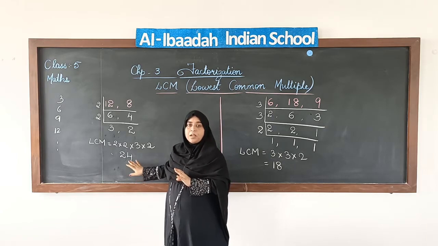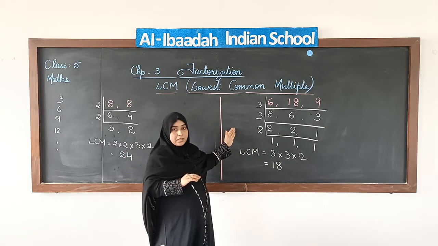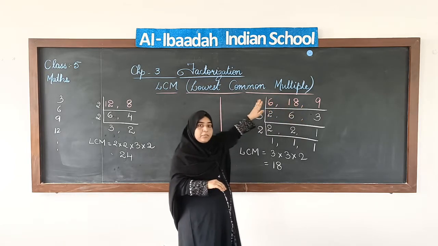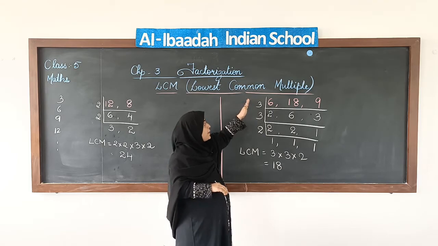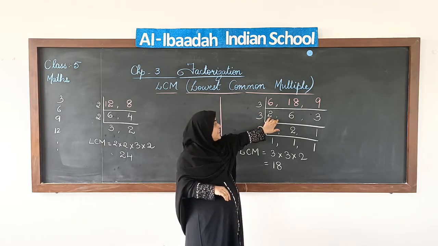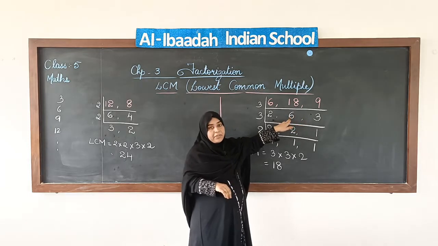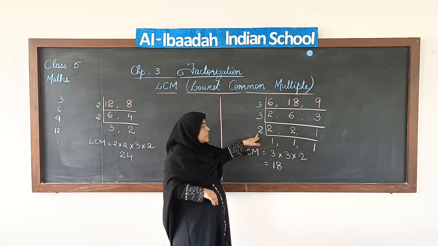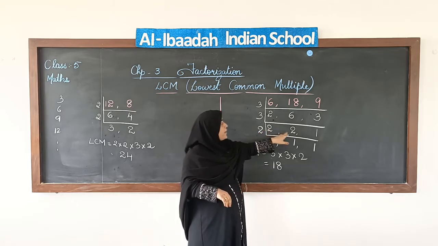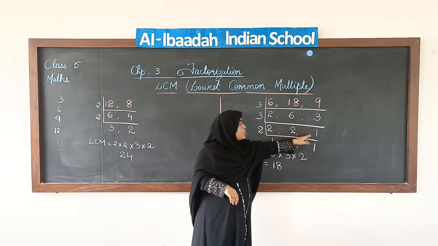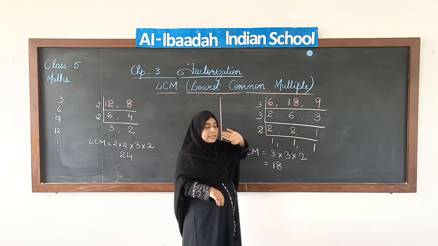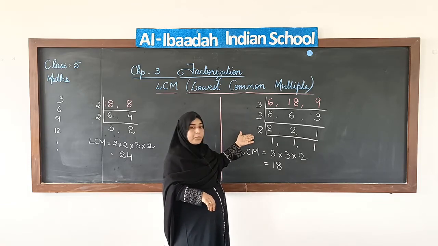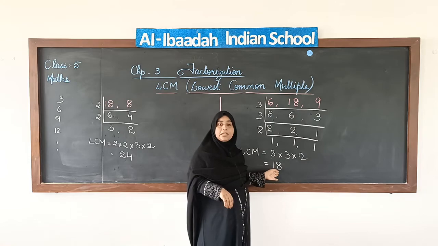To find the LCM, I multiplied the common factors and these two prime numbers, and I got 24 as the LCM. Now when I did it with 3 numbers, in the first step I got a common factor for all the 3 numbers. But in the second step, only 2 numbers had common factors, and the third number we wrote down as it is. Then in the third step again we had a common factor for 2 numbers, and this one we already brought down as it is. This is how we did our second example. We multiplied the common factors and we got the answer as 18.